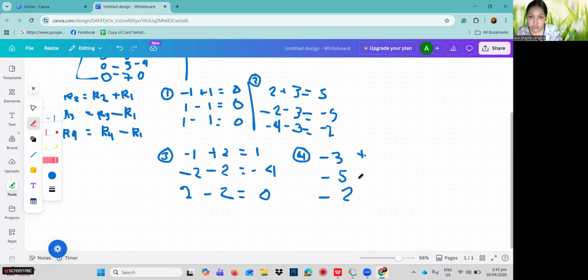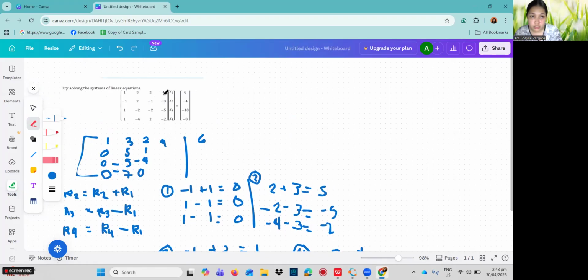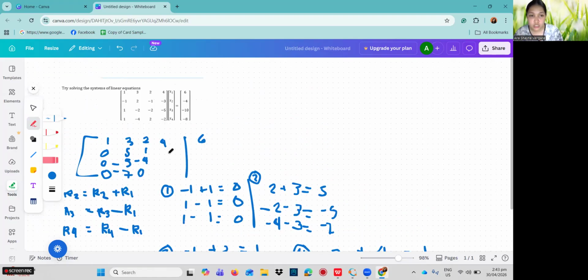Then plus, minus, minus, and 4. So negative 3 plus 4, 1. Negative 5 minus 4, negative 9, and negative 6. So 1, negative 9, and negative 6.